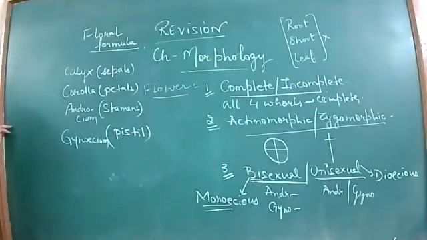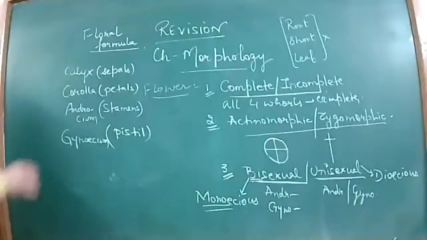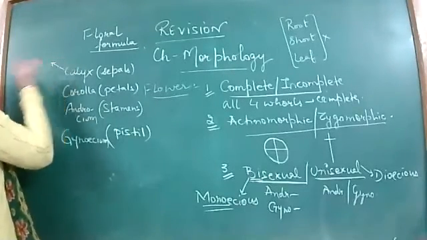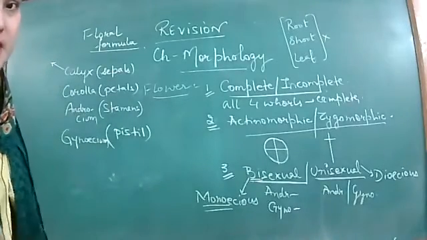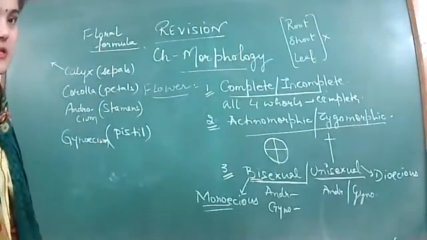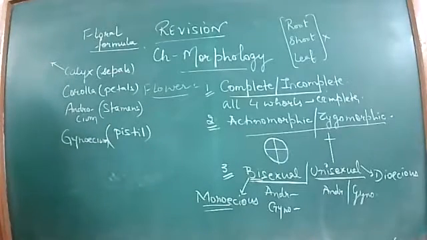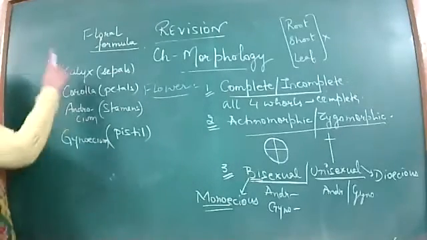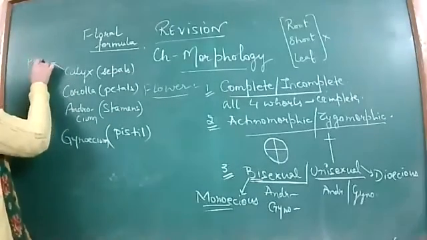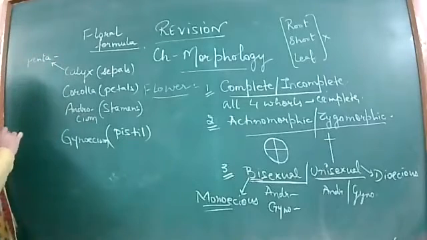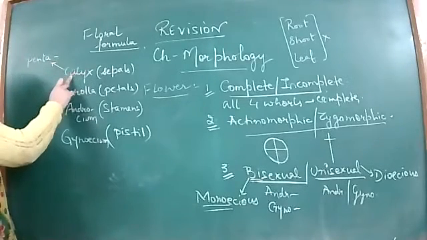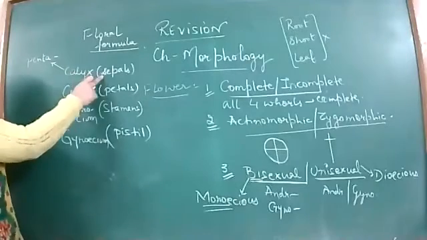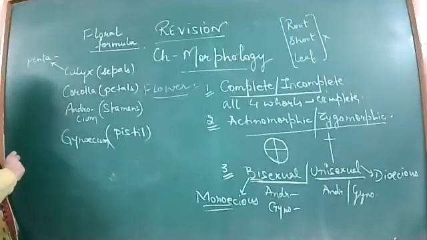Also, we have studied the different conditions of these particular parts. For sepals and petals, it is all common. For sepals, the count, whether they are pentasepalous or tetrasepalous. From the name you will know how many sepals are present, right? So using the term penta with the sepalous condition, we say it is pentasepalous. It means in the whole whorl of the calyx, there are 5 sepals.